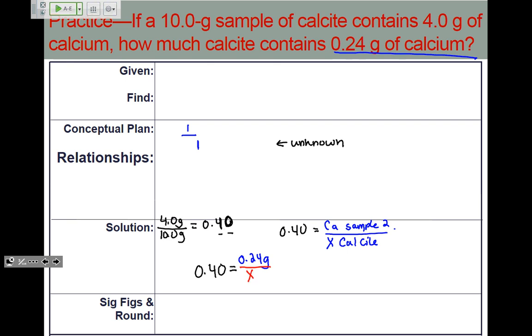And we're looking for our calcite, so our mass of that. So we can just solve. Remember, we're solving a fraction. And if you need to review some math, you can come talk to me. I can't really go into how to solve this equation. But what we can do is multiply